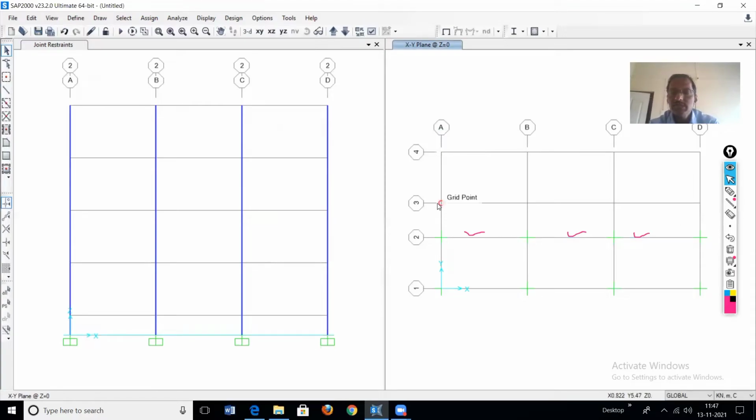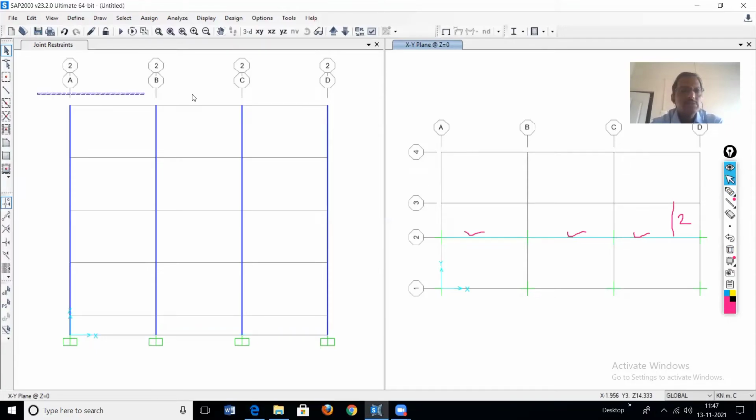Now the same columns are here also, at y equal to, what is the distance from this to this? It is 2 meters. Now here we'll do one thing. We'll use one more command, which is called the replicate command. That is, the same is here, so we'll replicate this at a distance of 2 meters from this. So how to use the replicate command?